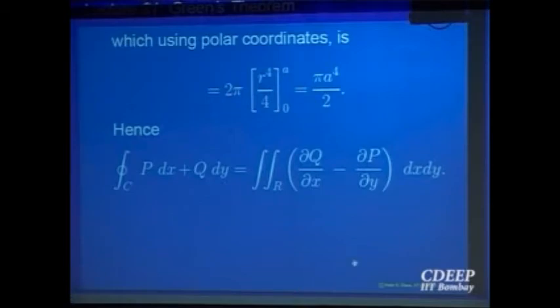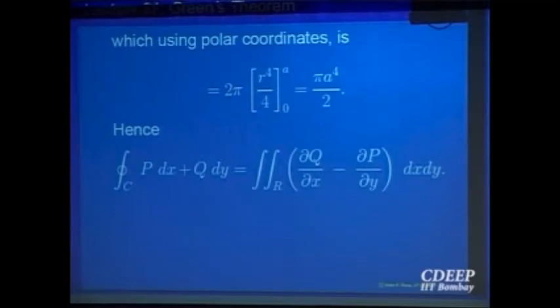So you take a curve, take the inside of that as the region R, take a vector field which is defined on this region R and the boundary of course, and with appropriate conditions of smoothness, then it says the line integral of the vector field over the boundary is given by the double integral of, the vector field is Pi plus Qj, so it will be the double integral of the partial derivative of Q with respect to x minus the partial derivative of P with respect to y, that function of two variables integrated over the region enclosed by this simple closed curve.